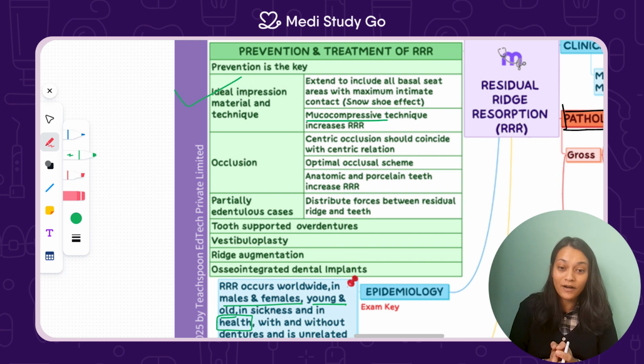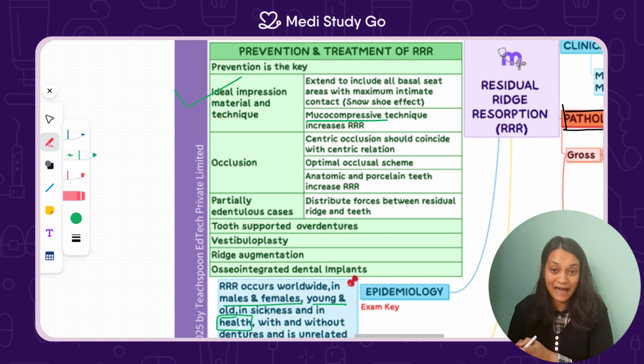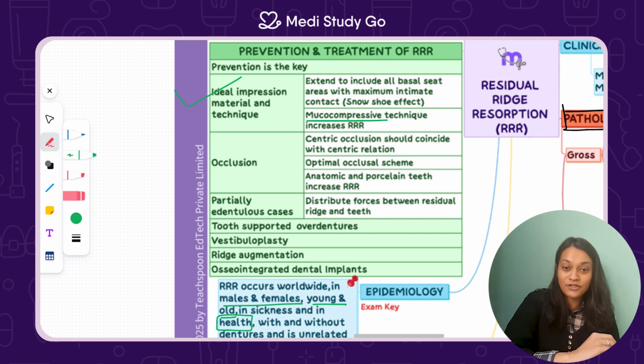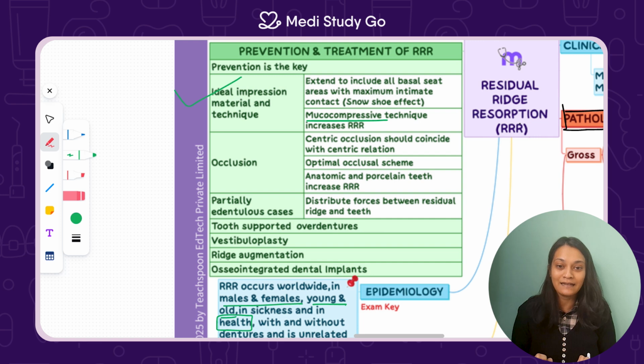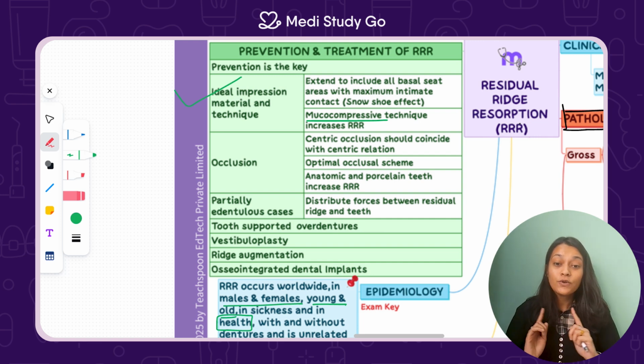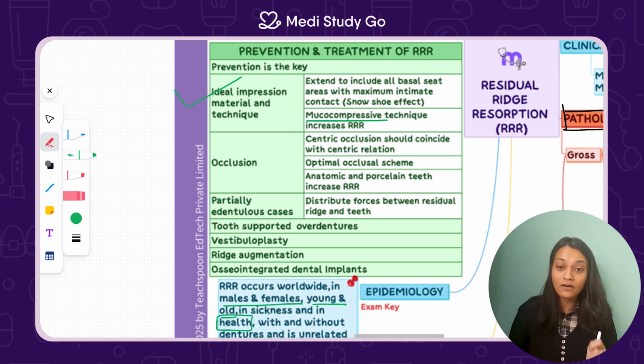So it's very important that you either use mucostatic, that does not apply so much pressure, or selective pressure. What is selective pressure going to do? It is selectively going to put pressure onto the areas that can withstand the force. So that should be used. Then the other thing is to use as much basal seat as is available. We'll be talking about the snowshoe effect in the support factor of impression making objectives.